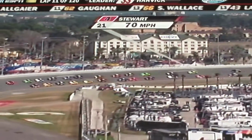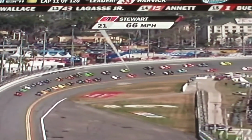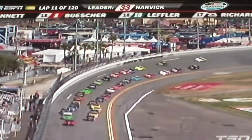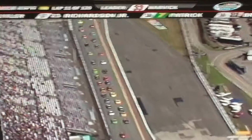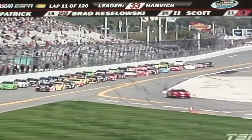Harvick now the race leader. Tony Stewart just a couple of rows behind Danica as he's making his way back through the field after starting 32nd. So it's Harvick and Kyle Busch, Carl Edwards, Dale Earnhardt Jr., Joey Logano, Casey Kahne. That is your top 6 as we are getting ready to go back to green flag racing here at Daytona